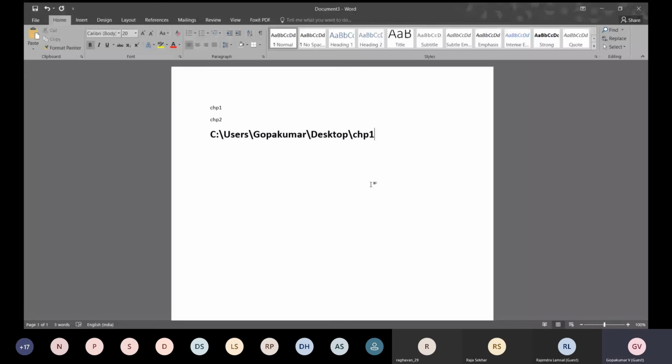From the contextual menu that comes, click on the properties option. When you click on the properties option, you will get the location of the file. Copy it like this. Now you have to be very keen in attending me. Select this,